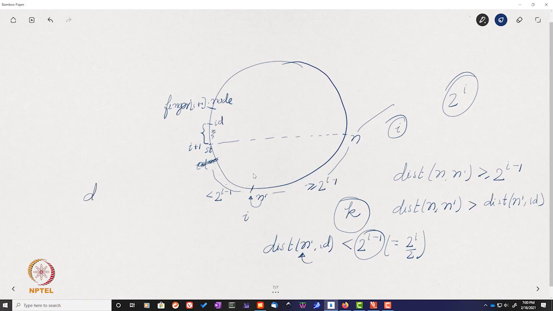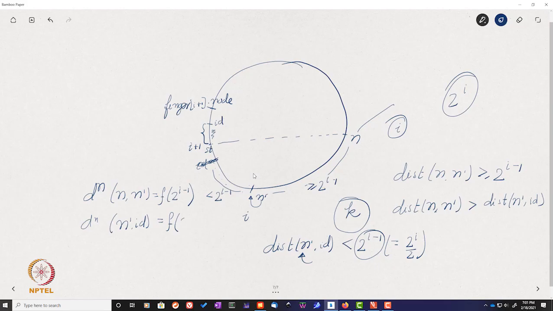So let's call this dn. Between n and n dash will be some linear function of 2 raised to the power I minus 1. We can also say that the distance in terms of the number of nodes between n dash and id is also expected to be some linear function